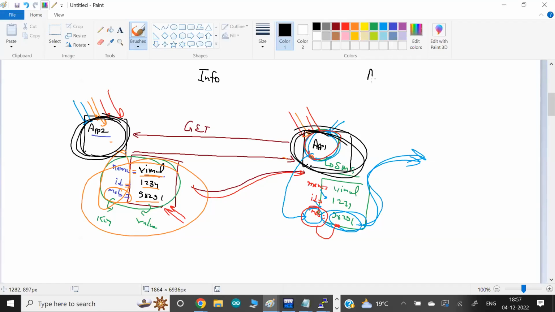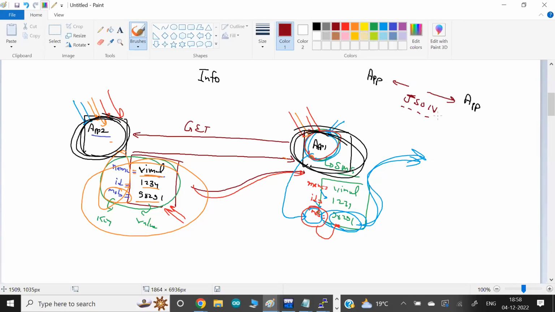So if you want to share information or data between two services or two apps, the very famous and commonly used format we use to exchange the data is JSON. JSON is a very commonly used standard. This is called JavaScript Object Notation. Anybody who knows JavaScript, not Java, JavaScript, I'm talking about. In JavaScript, the way we write the objects, the same notation we use here. Because JavaScript is very famous in the web technology world. JavaScript supports class and object, and the same syntax we support here.